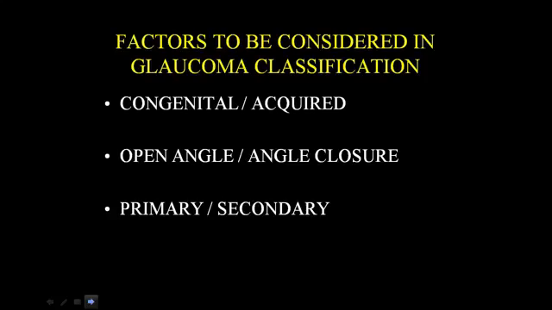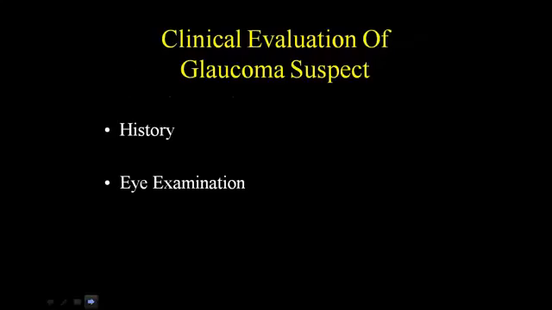Now, coming to the presentation, how does a patient with glaucoma present to you? As I have already discussed, usually the patients are asymptomatic. This is more common with the chronic glaucomas. When we talk about the acute glaucomas, like acute primary angle closure glaucoma, the patient may present with severe pain. But the most common presentation of patients with glaucoma, especially the chronic glaucomas, is asymptomatic elevation of the intraocular pressure, and the patient usually does not have any visual symptoms.